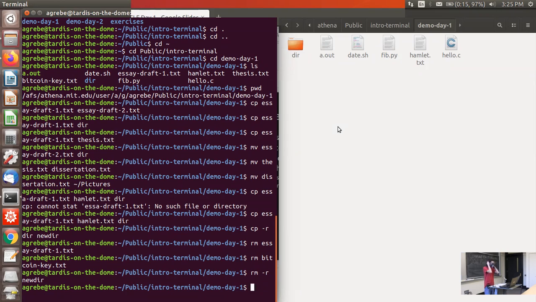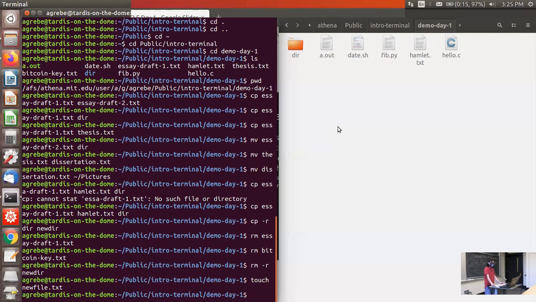And then the last thing I want to touch on is how to create files and folders. So if you want to create a file, you can touch that file. So if I type touch new file.txt, then a new empty file will appear called new file.txt, and it's just entirely blank.